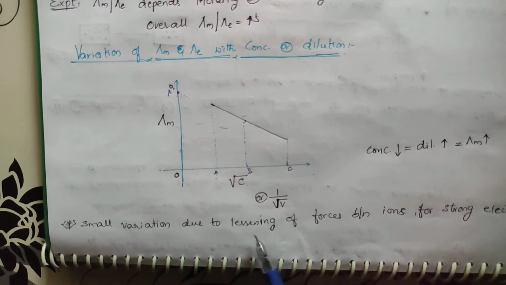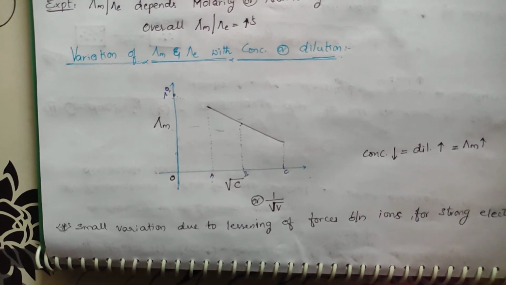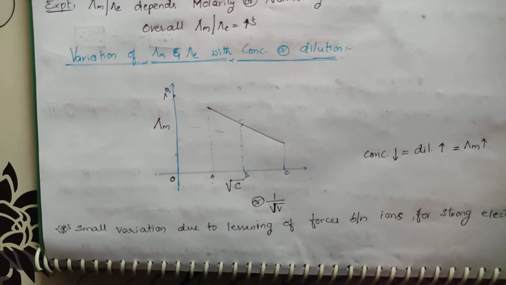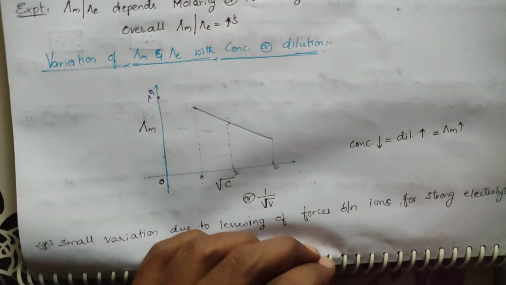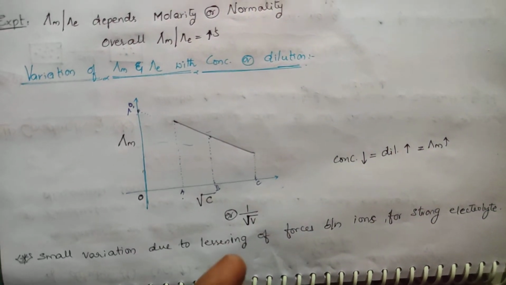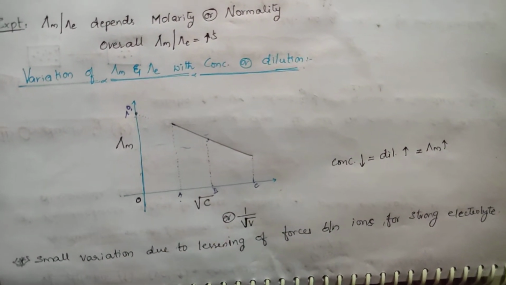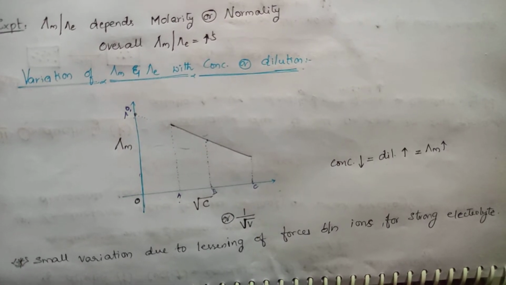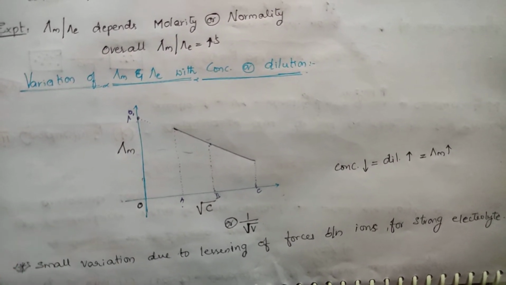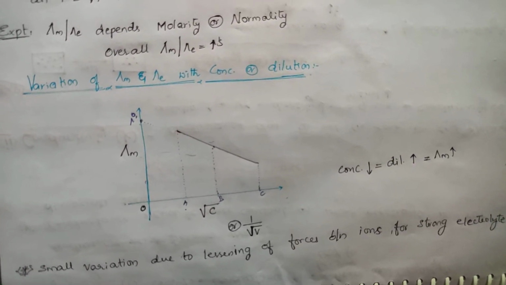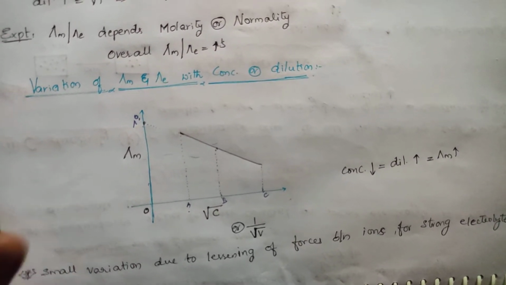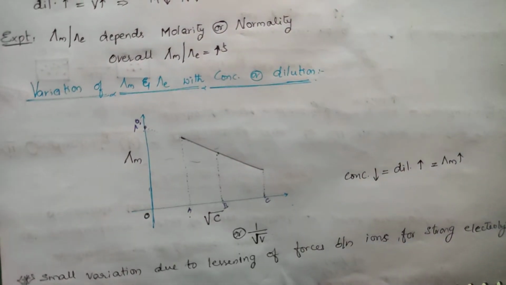This means the number of ions is not increasing, due to the force of attraction between the ions of the strong electrolyte. See, strong electrolyte means it will have a higher degree of dissociation, meaning the alpha value will be very high. Clear? So if you provide some amount of water, the force between ions will be weakened. If you provide some more water, it will be weakened further. If you provide more water, at one point of time the force of attraction between ions will be lesser, so that it reaches the constant value. Okay?